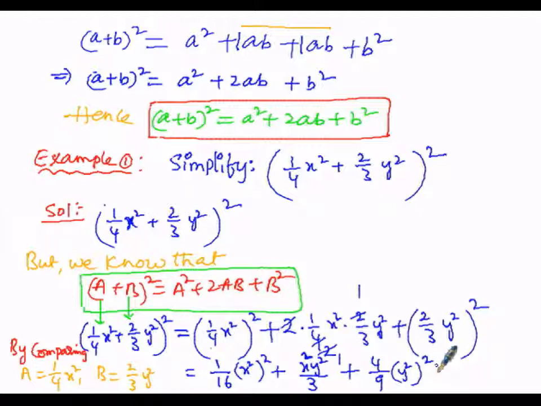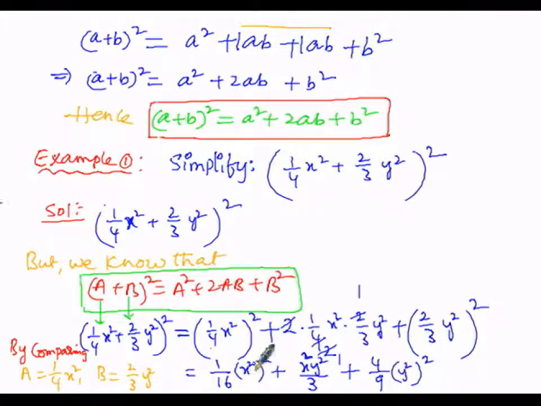So here x square whole square, a power m whole power n can be written as a power m into n. Here also we can utilize the same identity, so that is a power m whole power n, that is a power m into n, y to the power of 2 bracket 2, that is y to the power of 2 into 2 is 4. So here the next step, utilizing that identity, the next logical step will be, that implies, so 1 by 16, that is x to the power of 2 into 2, a power m into n, 2 into 2 is nothing but 4. So x to the power of 4 we will be getting in this case.